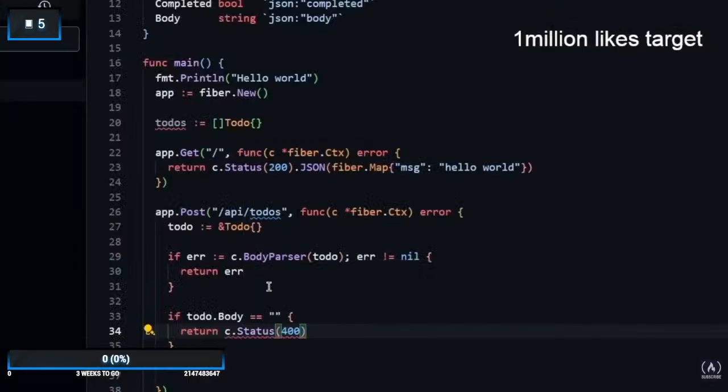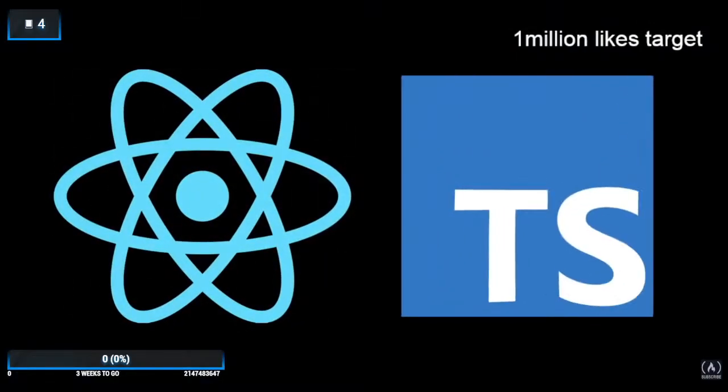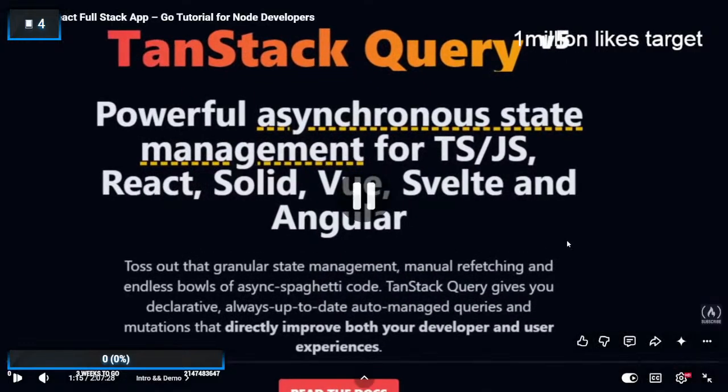In the first one, we will store the data in memory, and then we will build it again by connecting to a database, which is gonna be MongoDB. And in the front end, we will use React with TypeScript. We will use TanStack, also known as React Query, for